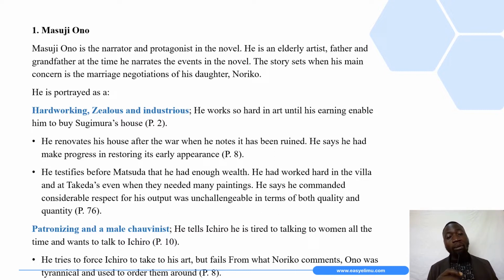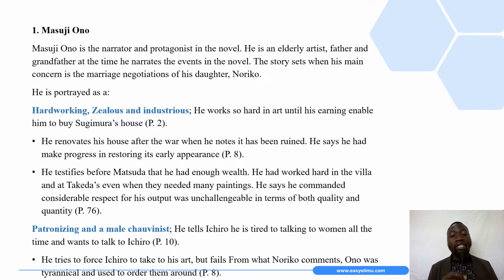So dear students, remember that Masuji Ono is the narrator and protagonist in the novel. He is an elderly artist, a father and grandfather at the time. He narrates the events in the novel. The story is set when his main concern is the marriage negotiations of his daughter, Noriko, his youngest daughter. So in the episode, Ono is portrayed as, the first character trait that we come across is that